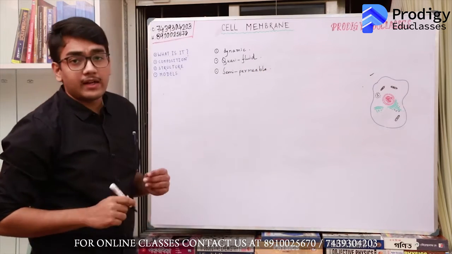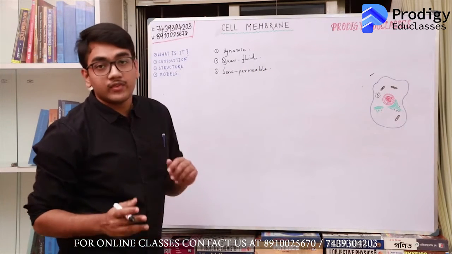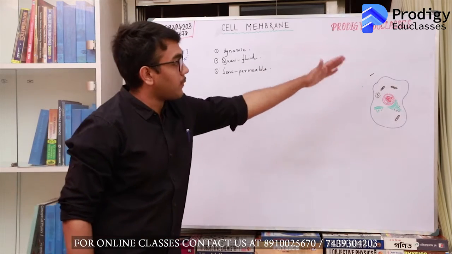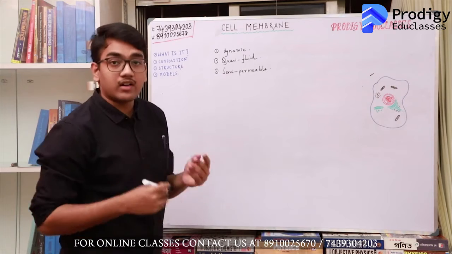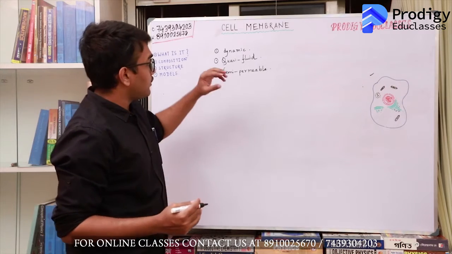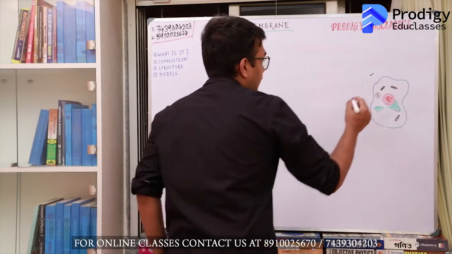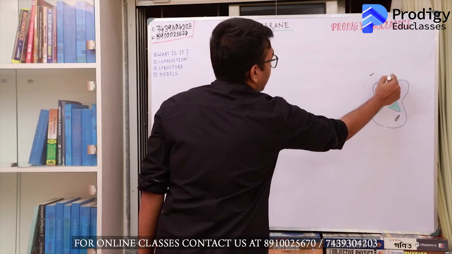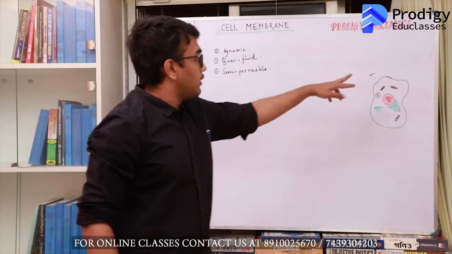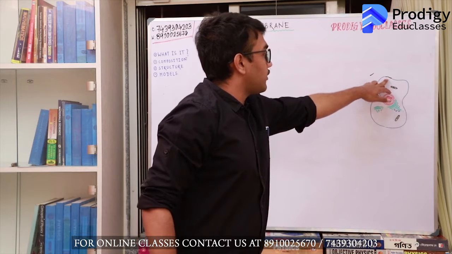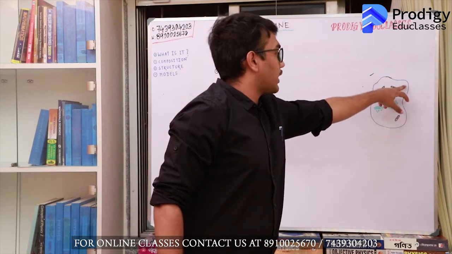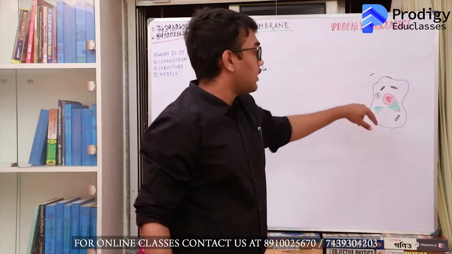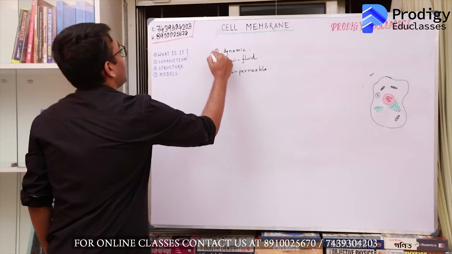Now what do I mean when I say dynamic? When I say dynamic, I mean that the cell membrane is continuously undergoing addition and subtraction from its structure with the functioning of the cell. So it is not like if this cell membrane is present over here right now, after some time this membrane may not be present over here. The composition, the constituents of cell membrane present here right now may be located somewhere else on the cell membrane or in the other membranes of the cell after some time. So that is why it is dynamic.